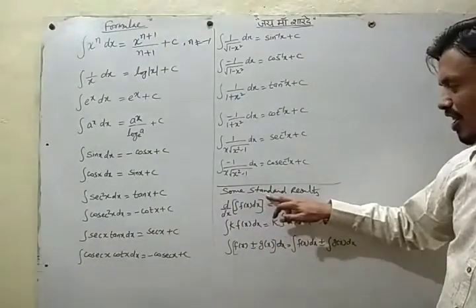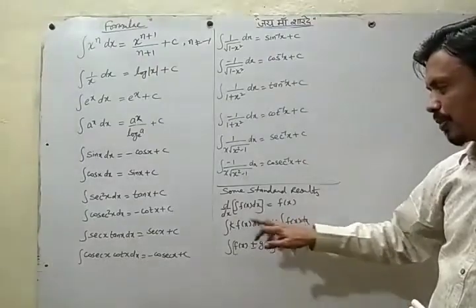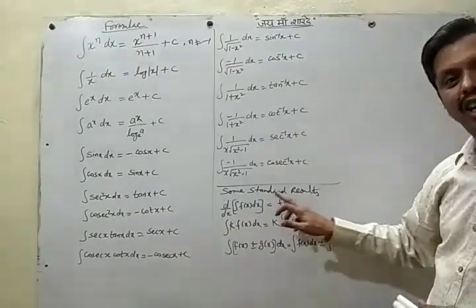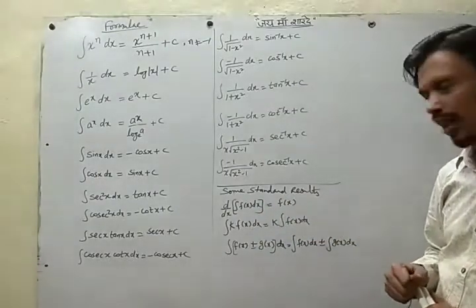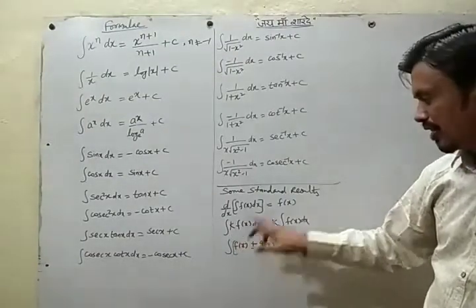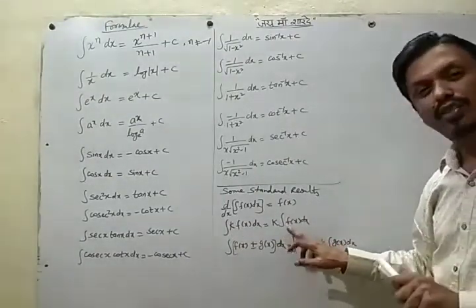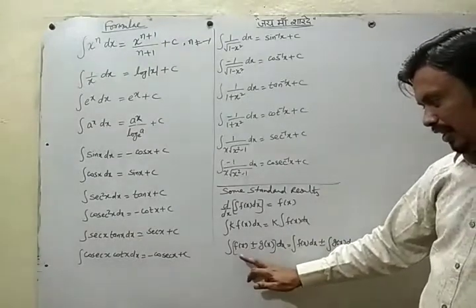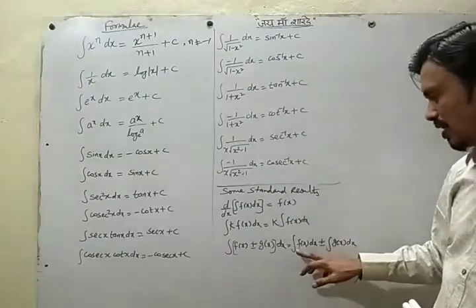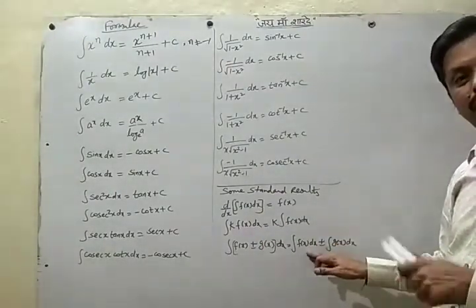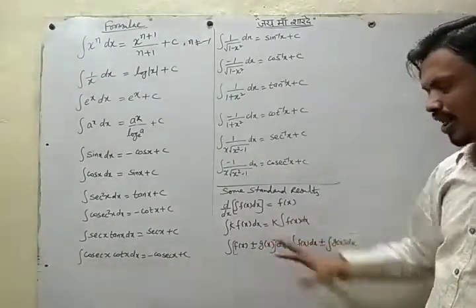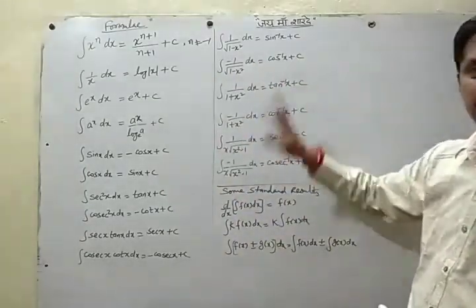There are some standard results on integration. If we differentiate the integral of any function, then we get that function itself. The integral of k times any function is k times the integral of that function, and the integral of a sum or difference of a finite number of functions is the same as the sum or difference of their integrals. So there are some standard results on integration, and these are some formulae we have to use to solve